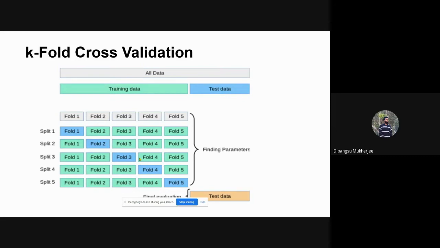So this is the algorithm for test data. And after getting some output, suppose this is output 1, this is output 2, this is output 3, this is output 4, and this is output 5. We can take it as a majority vote, or we can take the average of the outputs. This is in our hands. There is no hard and fast rule that we have to take the average; we can take the majority, anything we can do. After that, we will just predict our new test data. And you can see that the model accuracy will be far better than our previous one. So that's why k-fold cross validation is more important.